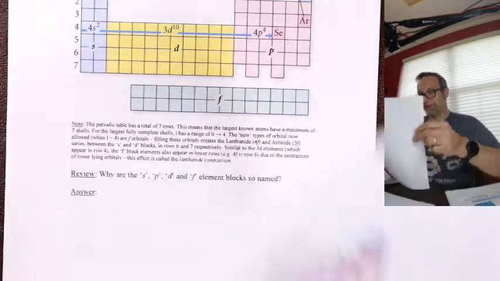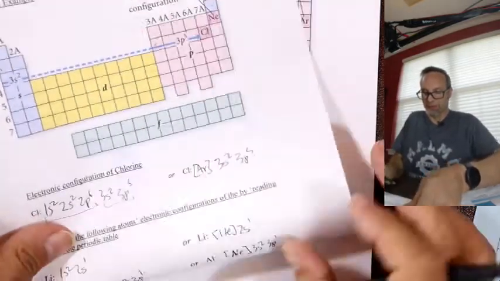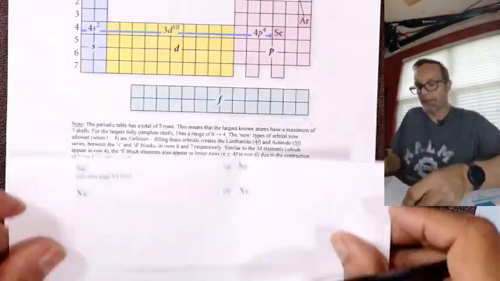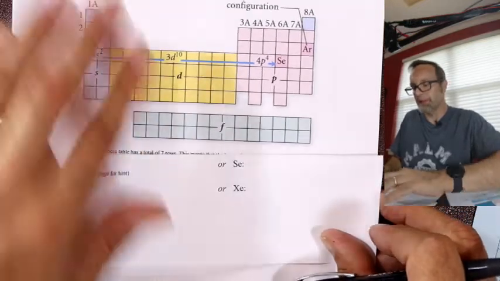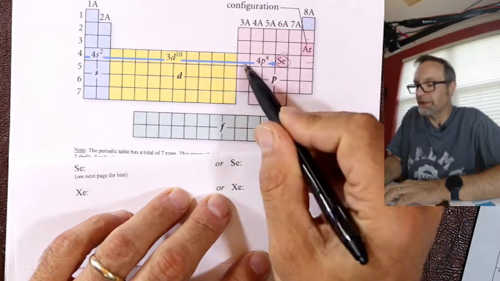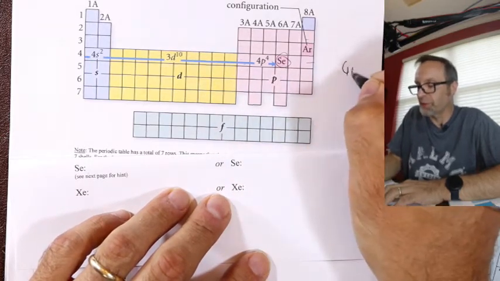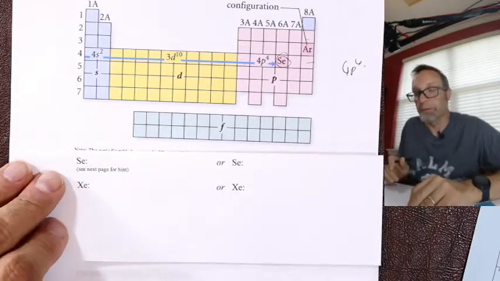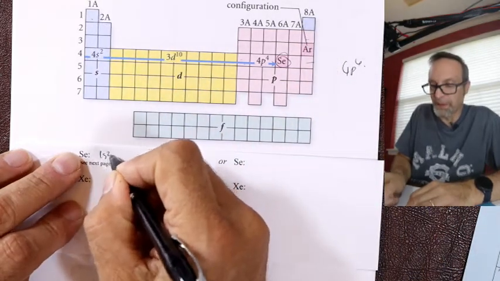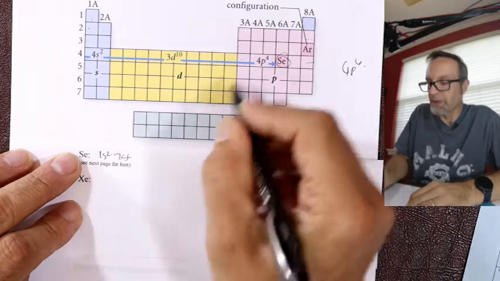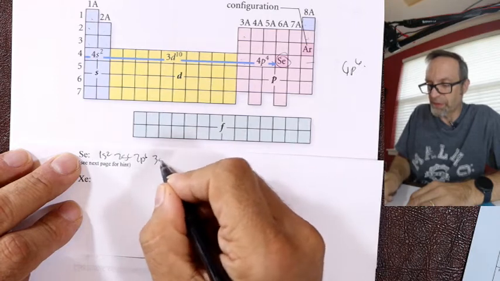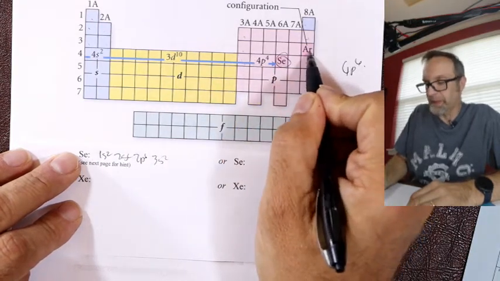Now I mentioned there's a hint there. You can flip over and you can see that, right? So maybe I'll use the hint. Okay, so for selenium, there's selenium, right? So it's in the 4th row, 4th one in the P block. So its last electron is 4p4. So all I've got to do to get selenium is read all the way up to 4p4, right? So hopefully this is more familiar now. 1s2, 2s2, 2p6, 3s2, 3p6,